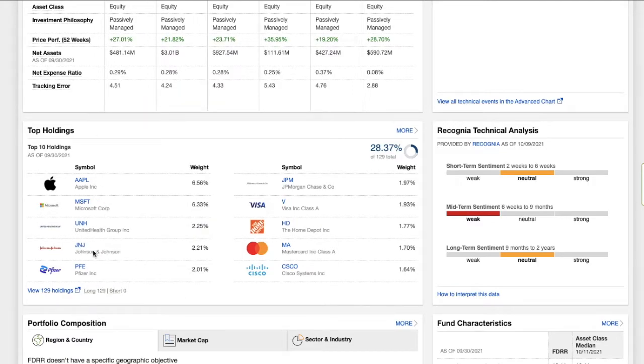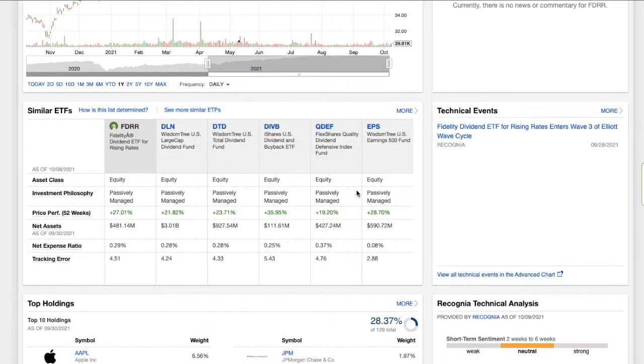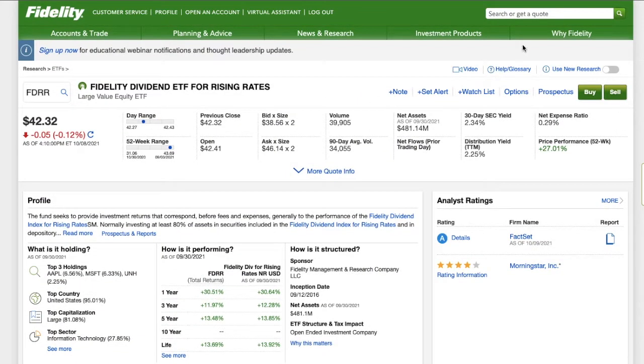So I have Apple, I have Microsoft, I have Johnson & Johnson. So I'm kind of repeating myself, but it's just showing you that ETFs give you broad coverage. You invest in over 100 companies in one ETF, and it makes it simpler for you. And you just invest in it long term and let it just do what it's got to do. And that's all you do. Now I'm going to show you